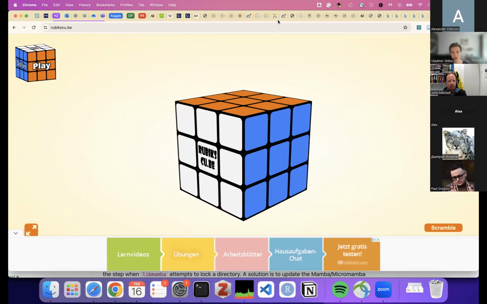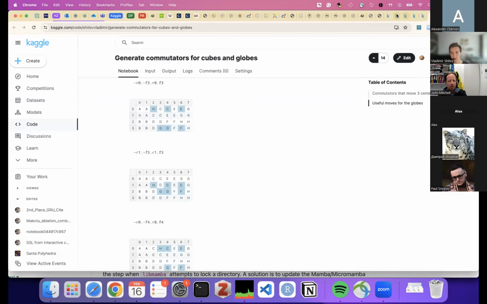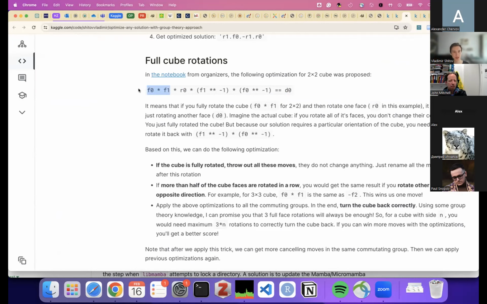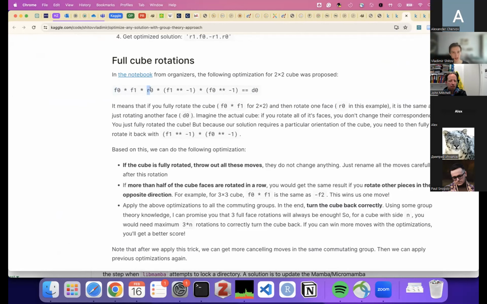So you can try to look for sequences like that: full cube rotation, some move, and rotation in the other direction. Or you can say, let's just find these full cube rotations, so full face rotations, and then translate all the following moves. For example, if you have F0, F1, R0, you just throw this out completely.